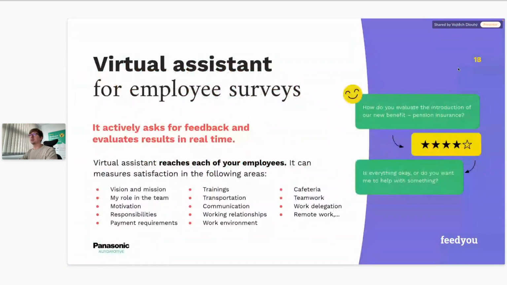One of the last processes where AI can help you is employee surveys, where through, again, chat channels or voice channels, we can proactively interact with employees, and anonymously gather feedback across different areas.